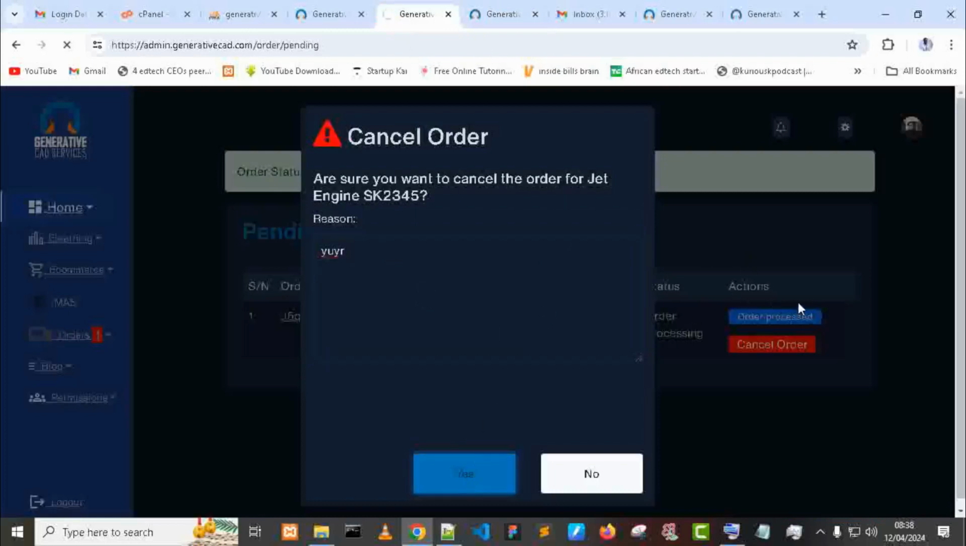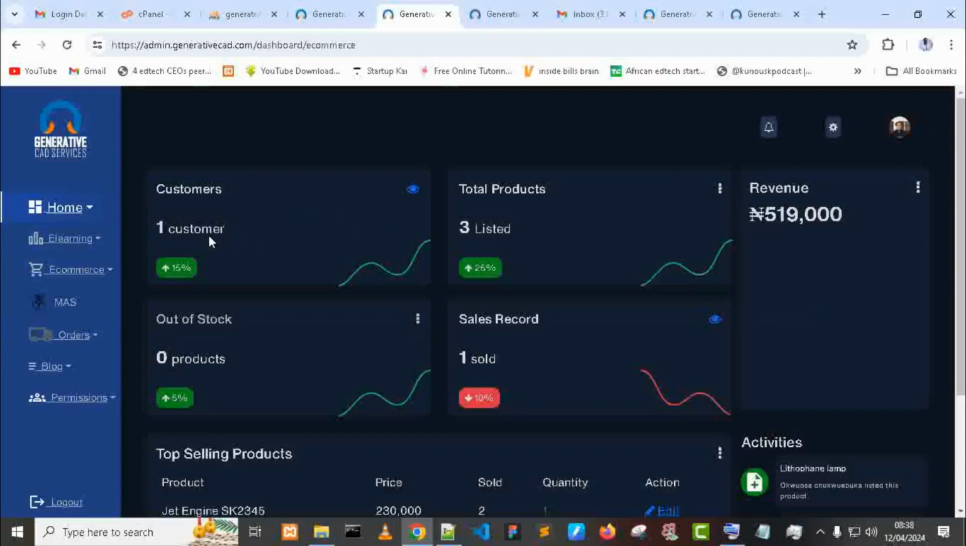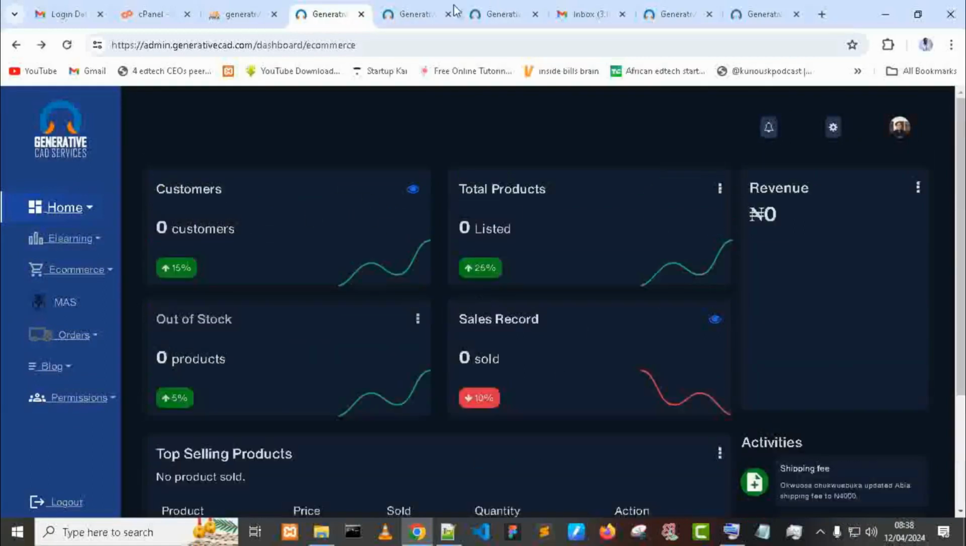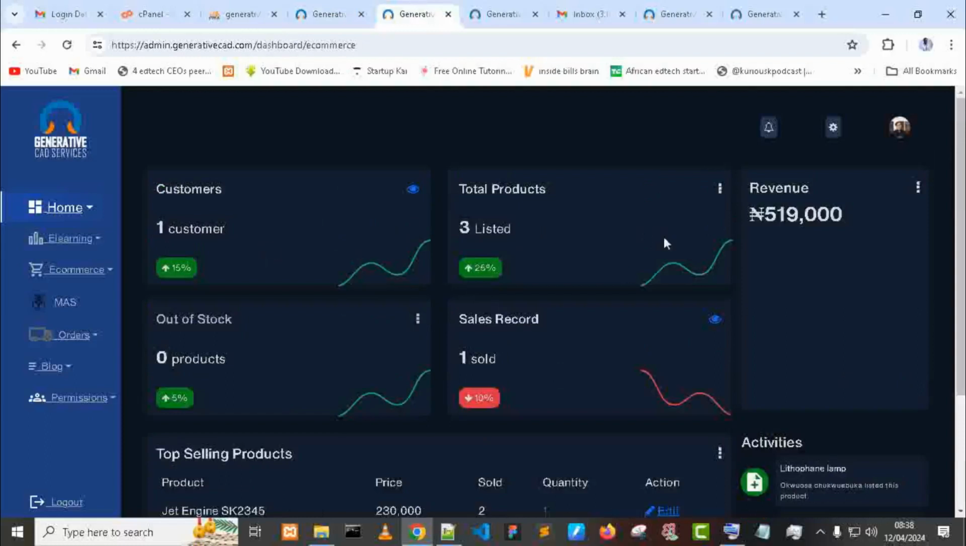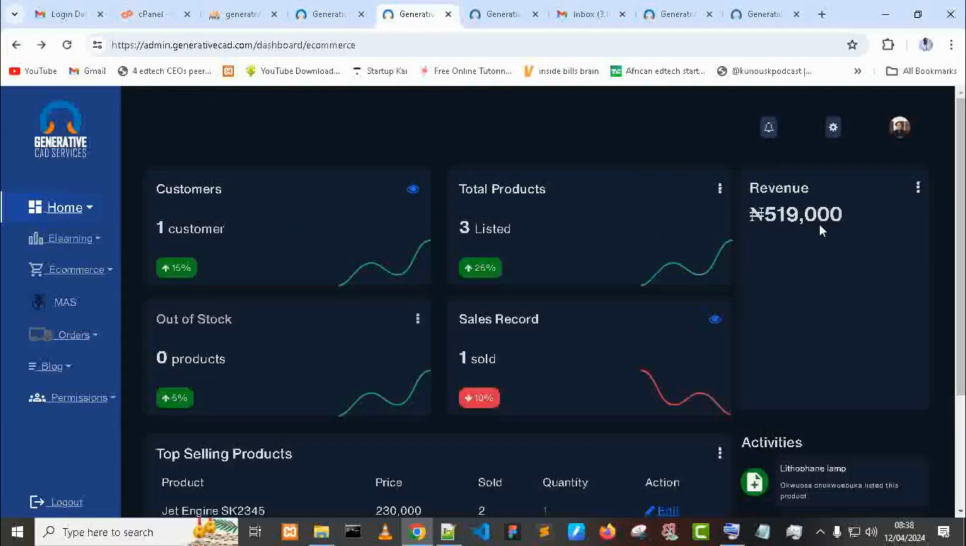Okay, so that here will be a little bit clogged. Yeah. All right, so that is it. If you come here now to the home dashboard, you see that we have one customer now. Initially it was 0, there was nothing here before, but now we have one customer, 3 products listed, and we only have one sales record, what we sold, okay, for this amount,